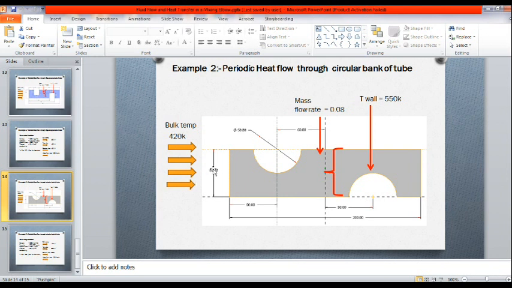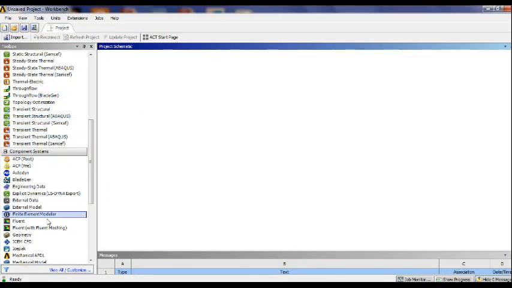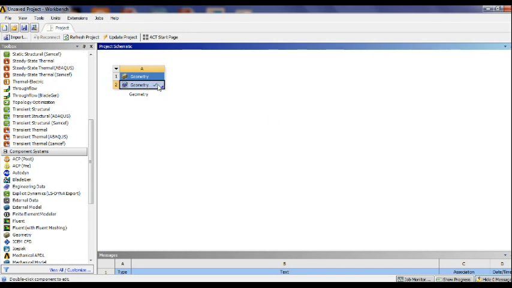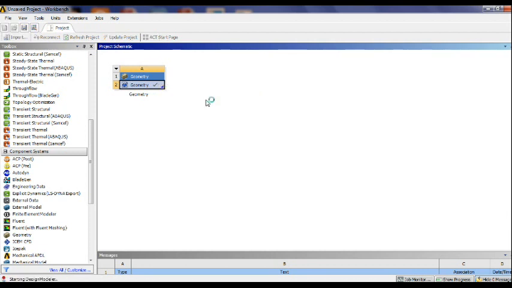So let's start with the Ansys Fluent. I will call first geometry. I have created the geometry in Creo. So we'll import the geometry, right click and import. Just right click and open into the Design Modeler. You can also open in SpaceClaim. I am comfortable with the Design Modeler, so